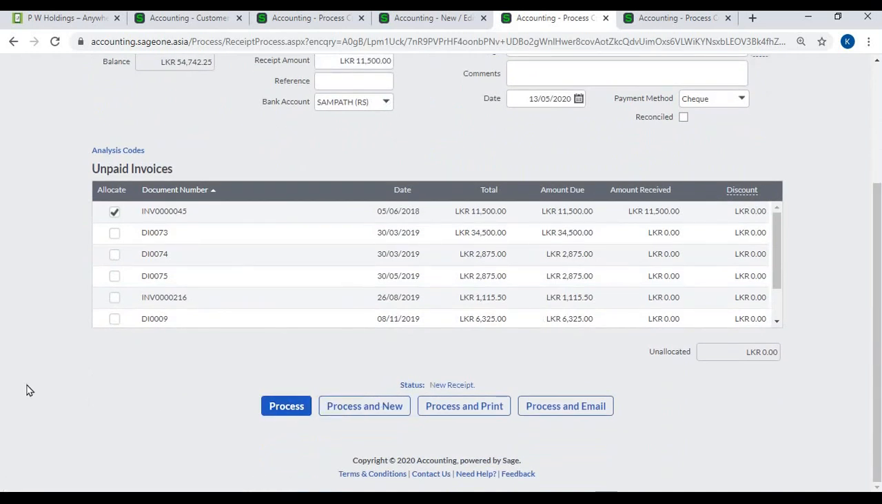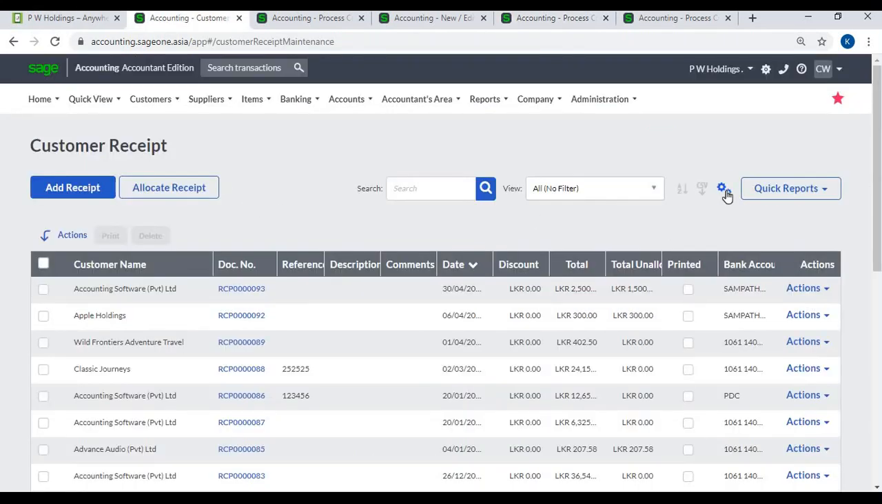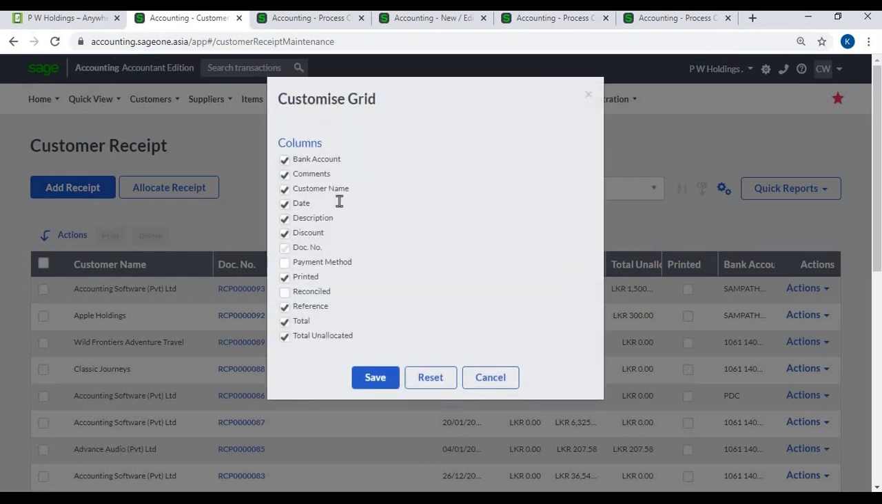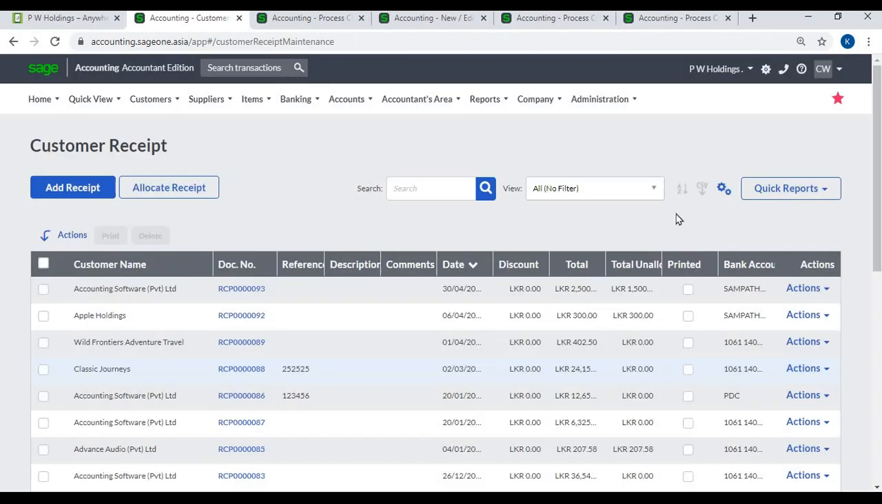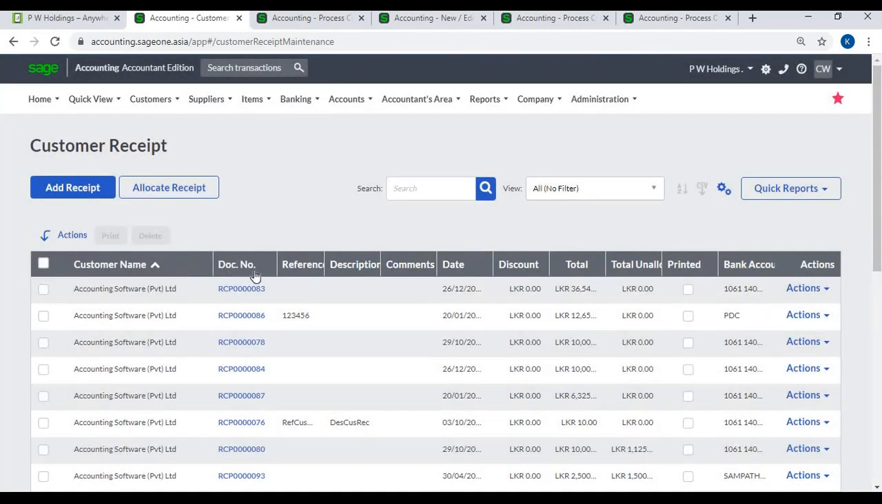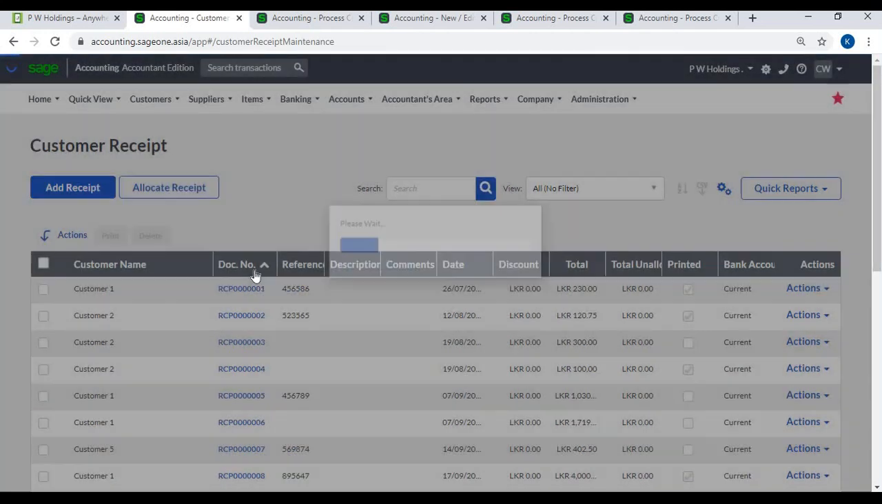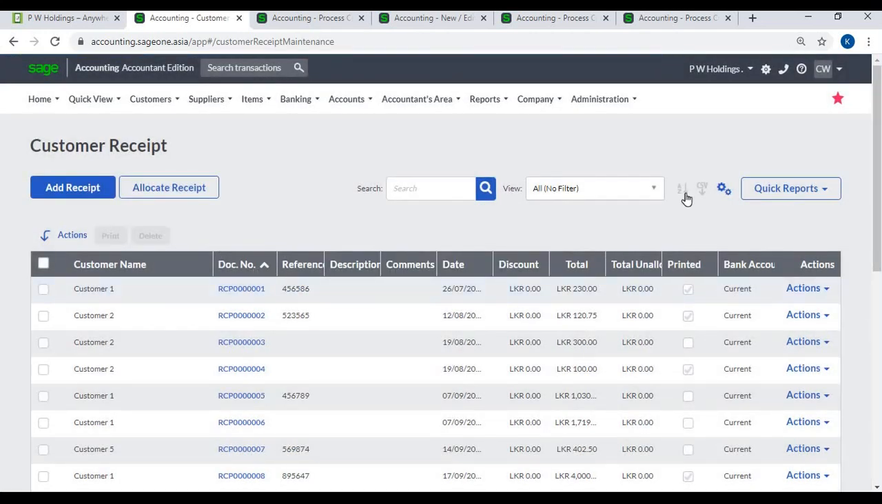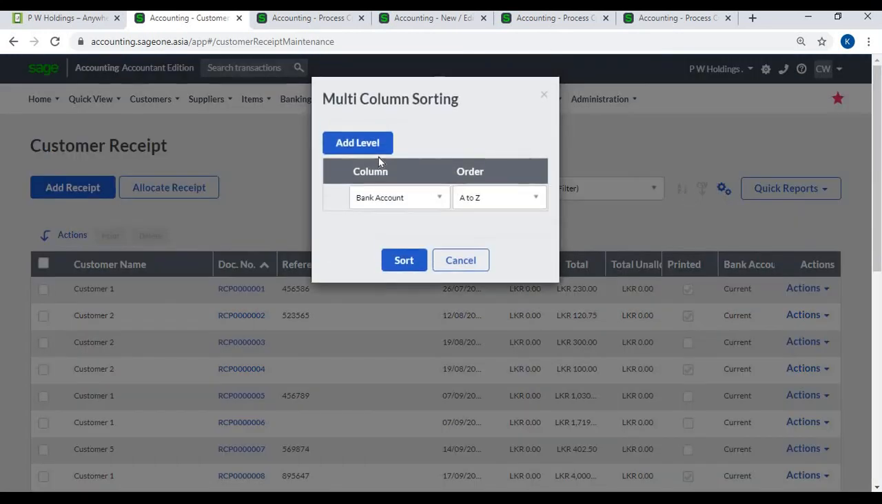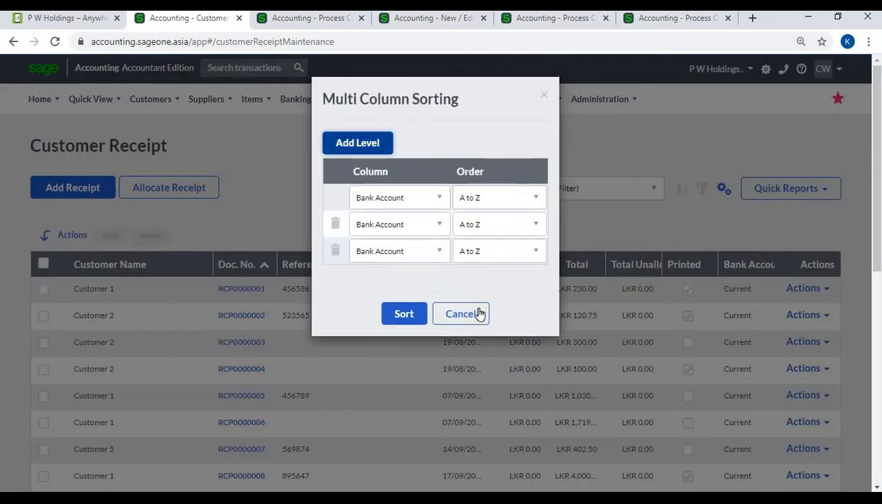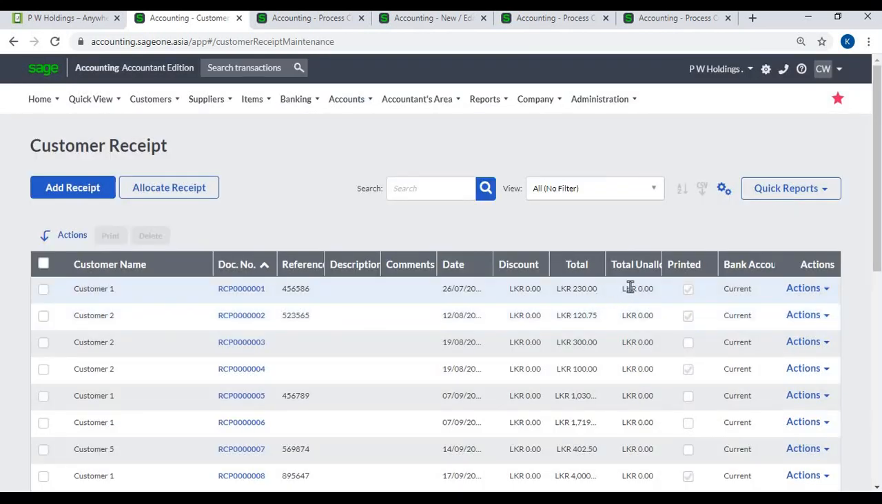You can customize the receipt list by clicking the Customize Grid button. Add columns by ticking and remove them by unticking. You can export the receipt list by clicking the CSV button. You can sort the order of the list by clicking each column heading, ascending or descending. You can sort by multiple columns by clicking the multi-column sorting button. You can filter the list from the following headings: